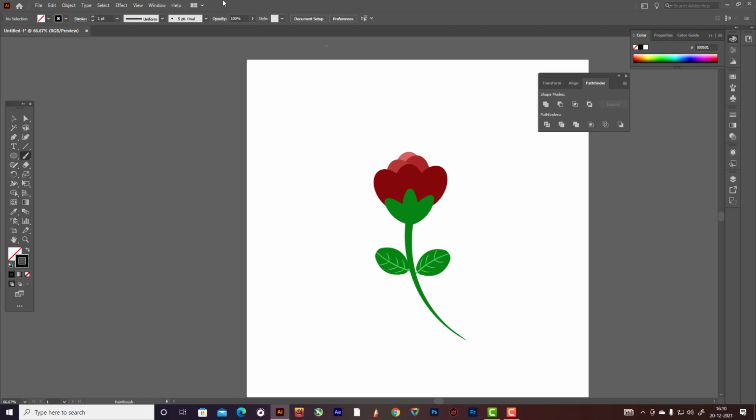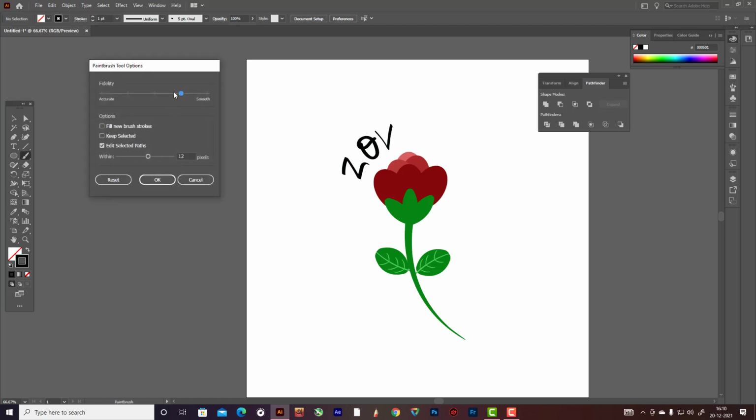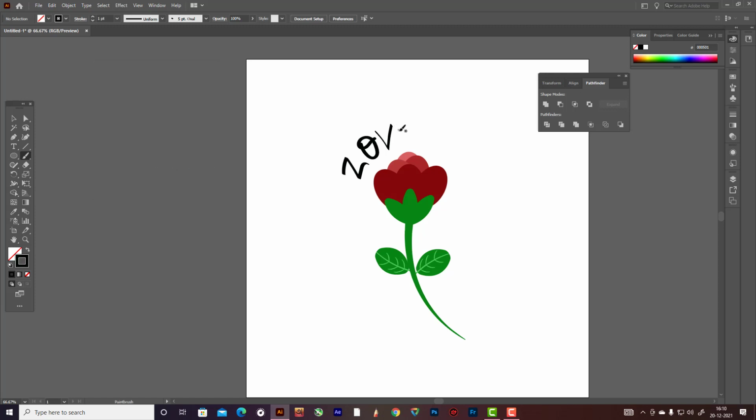So here I'm going to write love. Okay, see this thing, and here you can change the setting also, the smooth one. So this is with this 12. I'm going to change this to 10. Okay, so